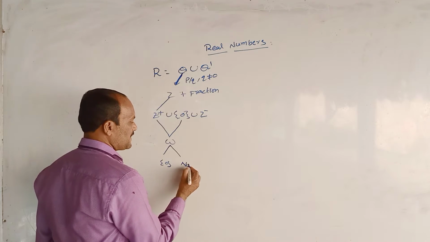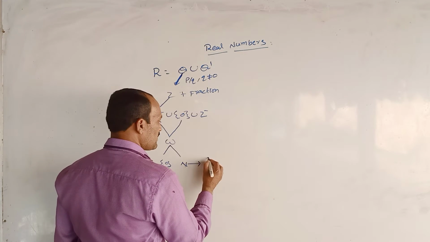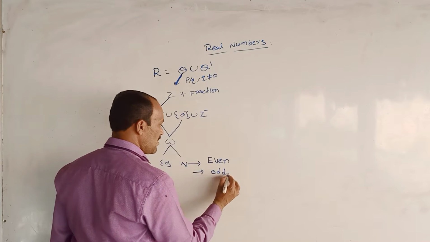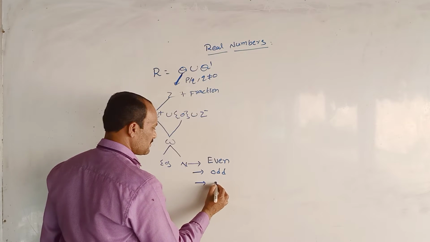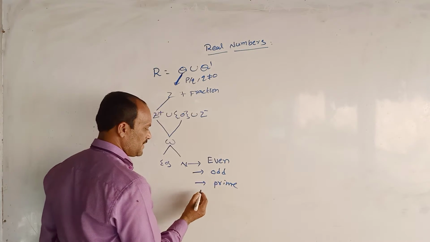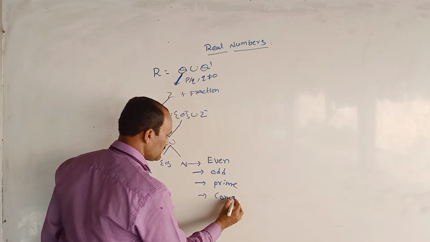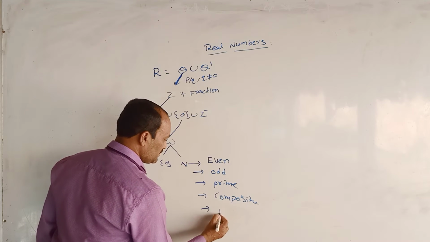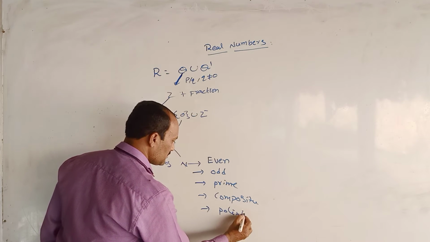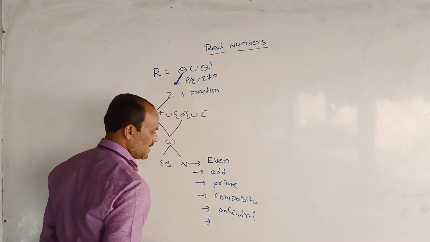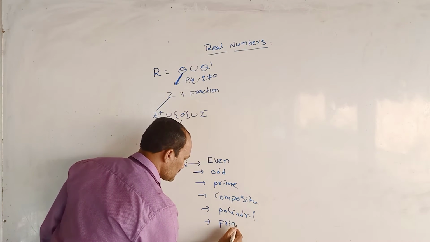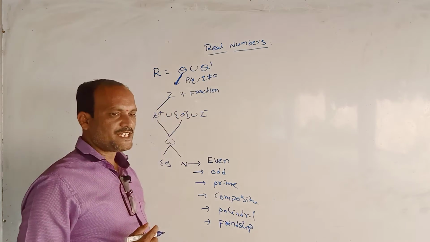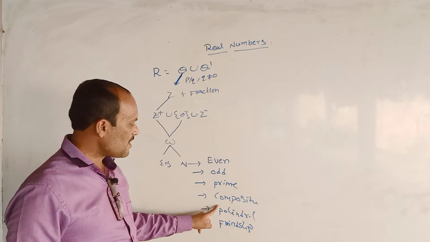N means natural numbers, which divide into even numbers, odd numbers, prime numbers, composite numbers, palindrome numbers, and friendship numbers. So even, odd, prime, composite, palindrome,